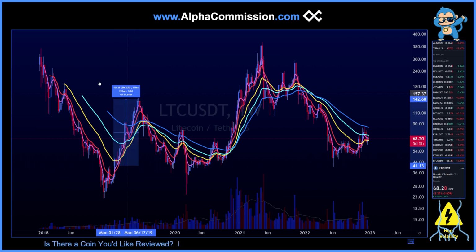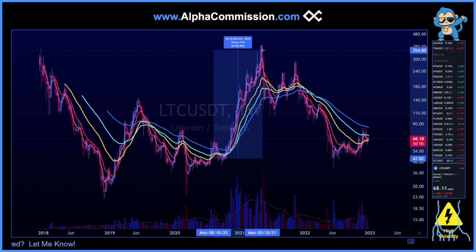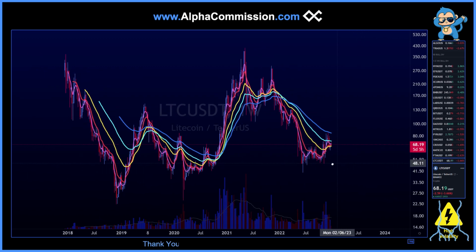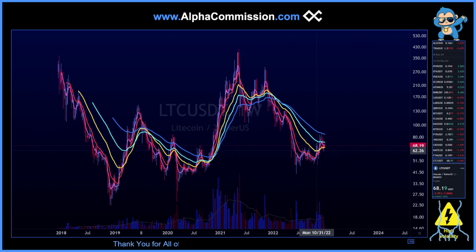Which was a nice 250%. We had a bullish squeeze here, here, and here, so we can just consider this low. And from the average of that squeeze, approximately here, all the way to the top, that was 650%. And so, could we get another run out of this kind of weekly squeeze that we have put in here? Well, we're already up